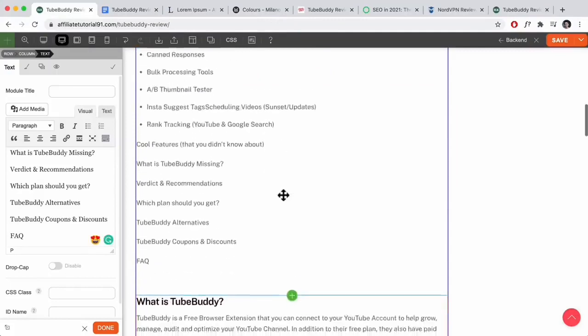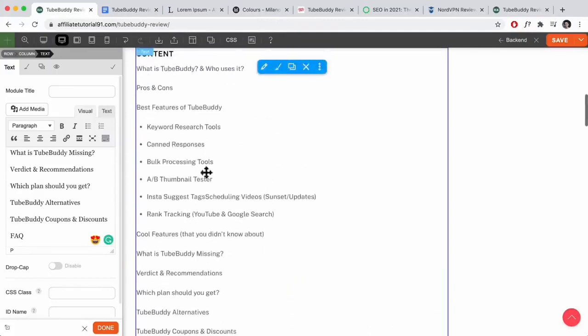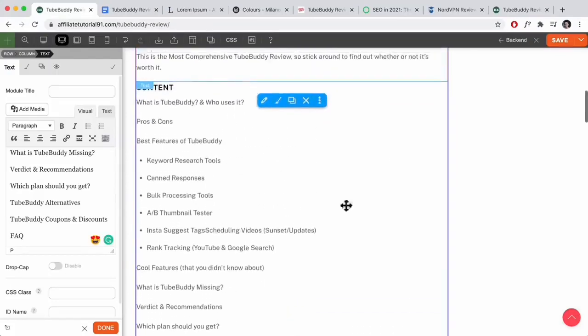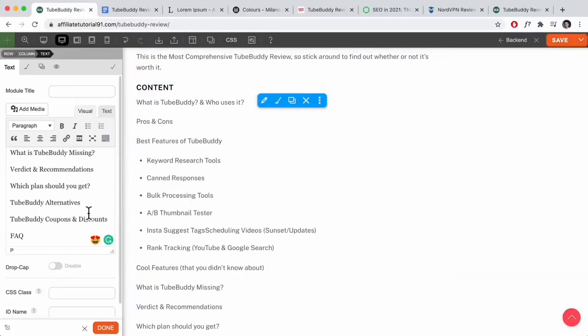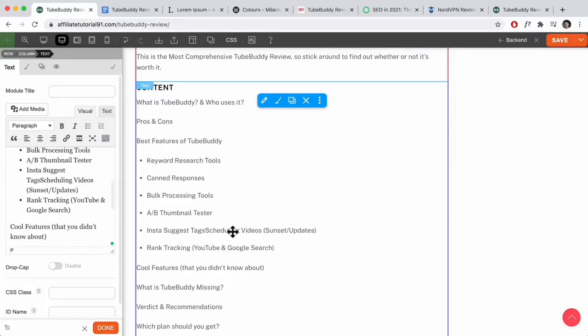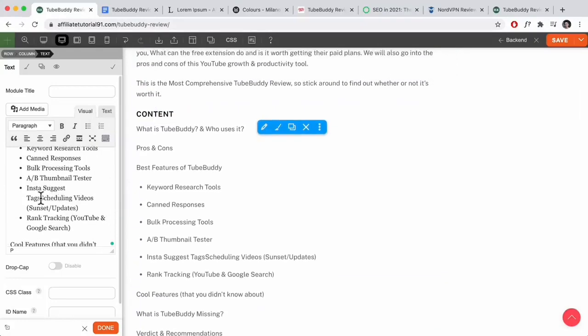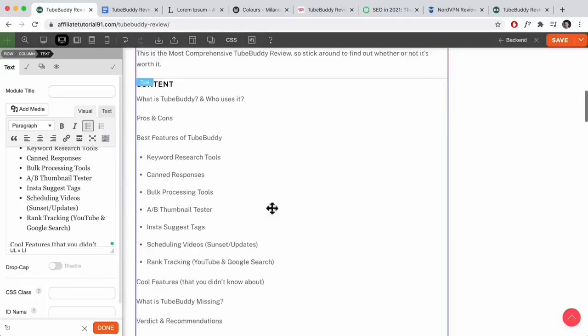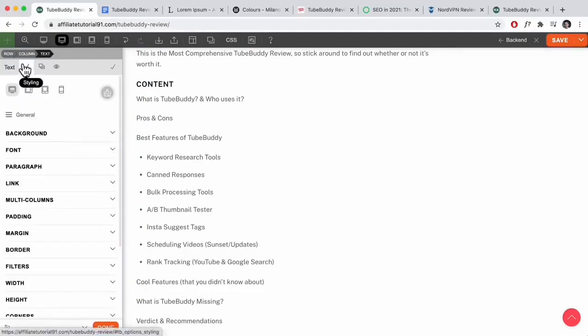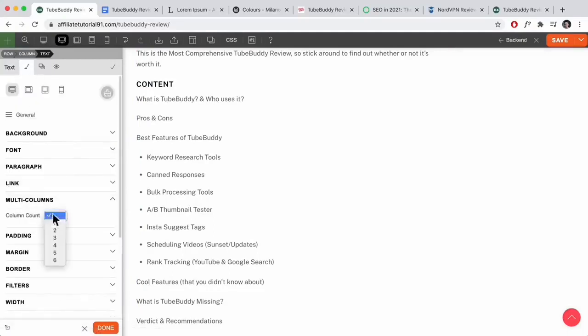So right now I've just added in everything like that. Okay, so it's all in one column. As you can see on the right hand side, there's a lot of space over here. So what we can actually do is, I think we need to fix this text over here first. So let's click on enter. So what we could do is click on styling, okay, and then go to multi-columns and set the column to